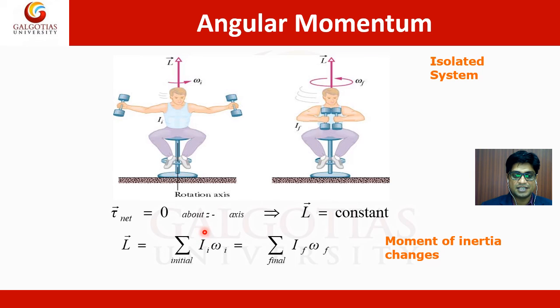I suppose here I is 4 and the angular velocity is 3, then 4 times 3 is 12. Here if he closes his hands, then the moment of inertia will be less, because it depends upon the radius, so it will be approximately 2. Then the angular velocity should be 6, because 6 into 2 is 12. So in this way the conservation of angular momentum can be applied to rotate anything continuously. So we try to minimize the moment of inertia so that the angular velocity can be sped up.